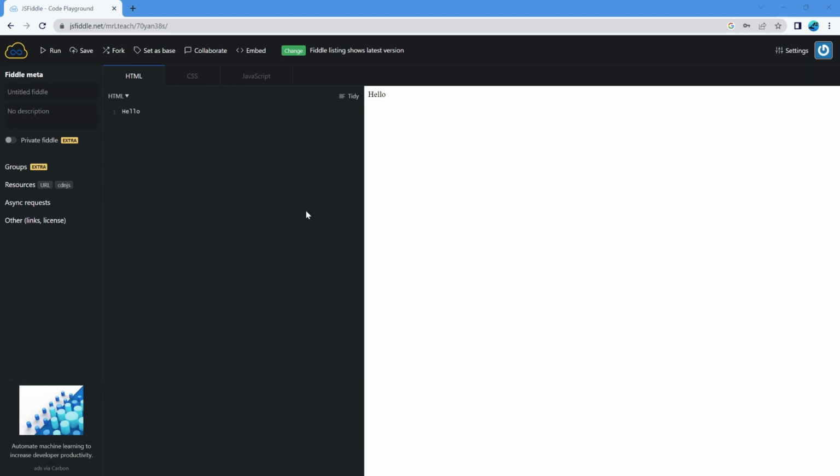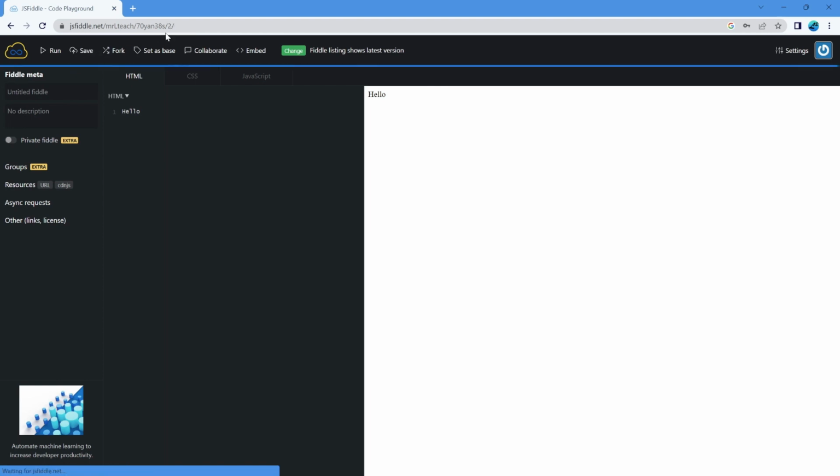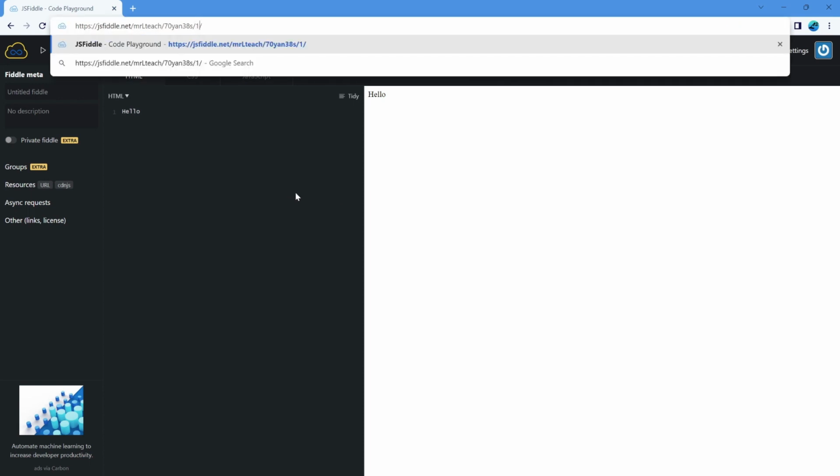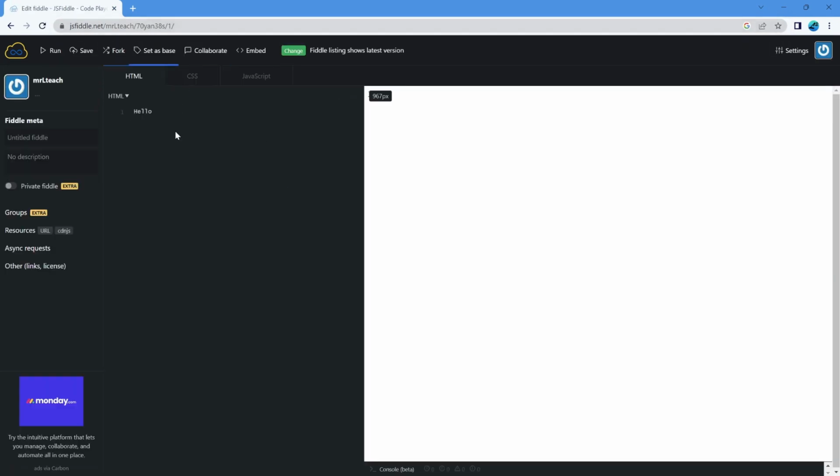Now I just want to explain quickly how the saving system works in JSFiddle. So every time I make a change or even just hit save, you'll probably notice that the number on the end here, it might be hard to see, but it goes from 1 to 2 to 3 to 4, etc. This is because JSFiddle uses something called version control, which means that every single time you save it, all your previous copies are saved as well. So if you decide that, oh no, I completely messed up what I'm doing, I want to go back to version 1 instead of version 2, I can just put that in the bar here and it will go back